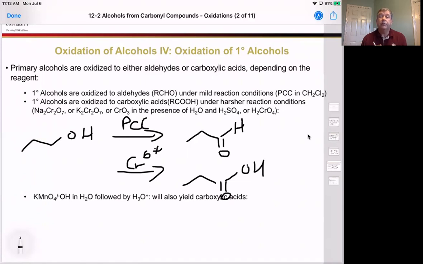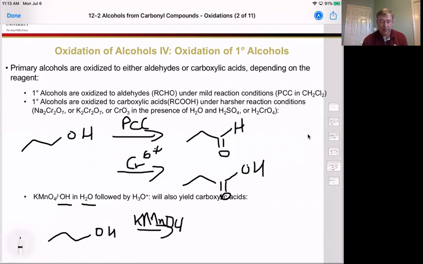However, we can also use another oxidizing agent. In this case, we're going to use potassium permanganate under basic conditions here, if we don't want to use acidic conditions. And what we would do with that is, in the presence of water, we would oxidize all alcohols down to the carboxylic acid. So if we had our primary alcohol again, we could take it and that would look like potassium